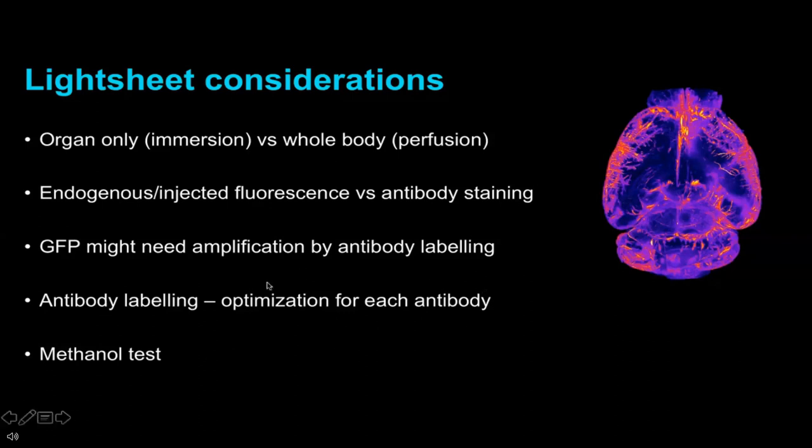It is good to check in published papers if someone has used antibodies against the epitope that you are interested in, as antibody labeling requires optimization for each antibody. And some antibodies may not actually work. So here, for example, you can do a methanol test to see whether the antibody still works. And if not, you can try another antibody. This is if you use methanol in your clearing protocol, of course,